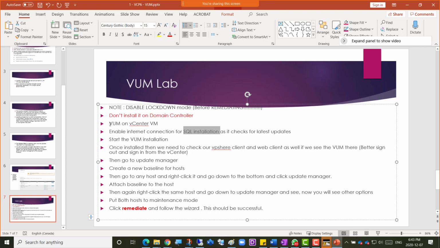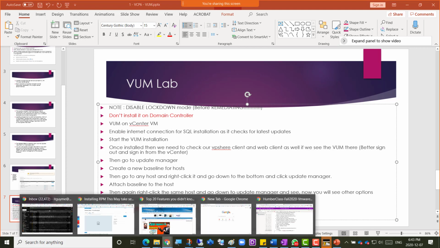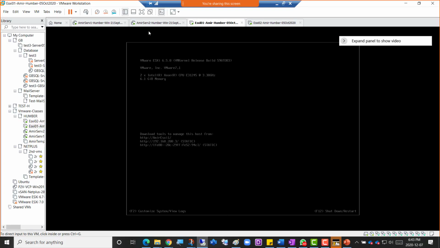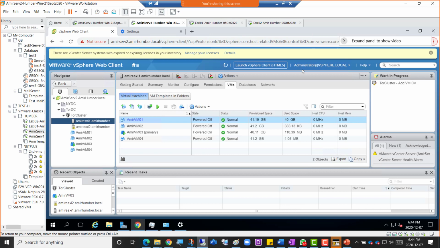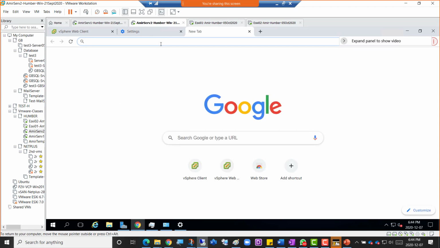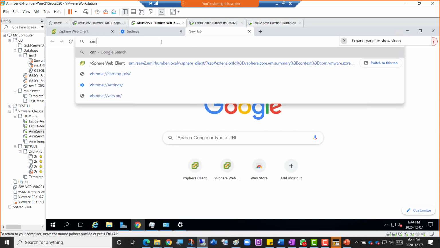Okay, so let's check this enable internet connection on which server? Server 2, the vCenter. So I'm going to go down here to server 2 and minimize this update. And on server 2, do I have internet? Yes, I do, but I'll just check it from this other tab and go to cnn.com.